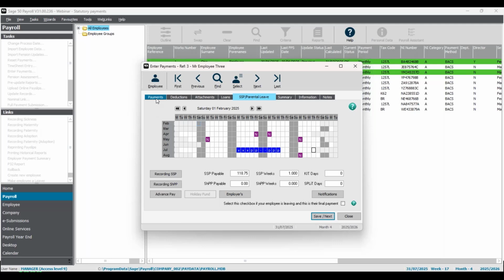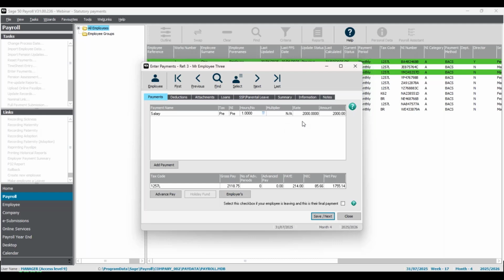So to do this adjustment, we're going to do that in the Payments tab. Again, just make sure you've got that full salary in here as normal. And then in this hours and number box, you'll see you've got a little calculator icon. So I'm going to use this to do a calculation in here. And I'm going to do the days that this employee worked. So they've worked 15 days in July, divided by the total working days in the pay period for this employee,